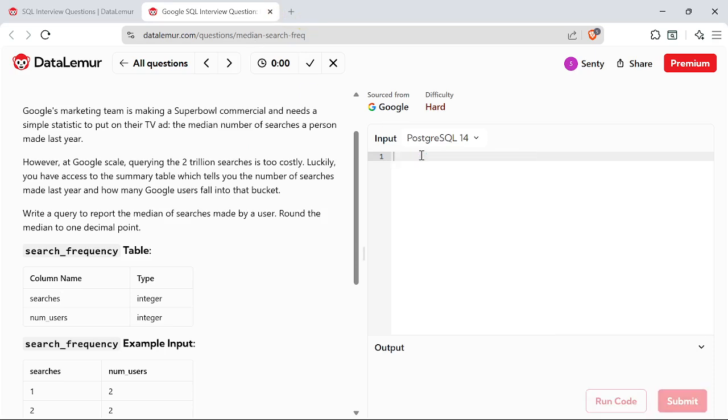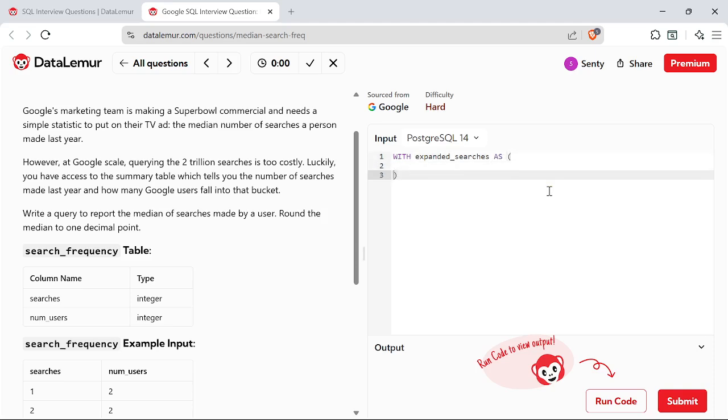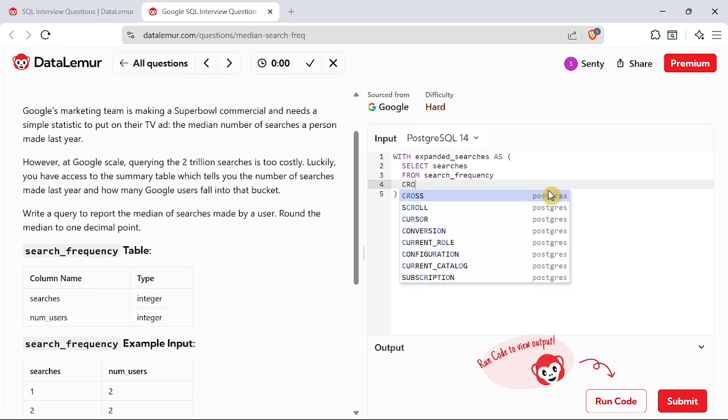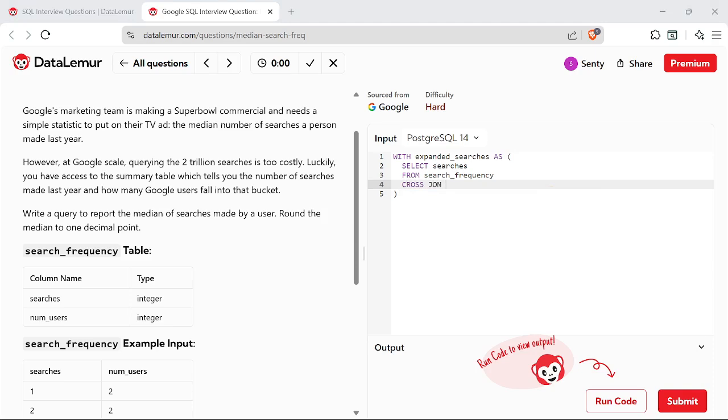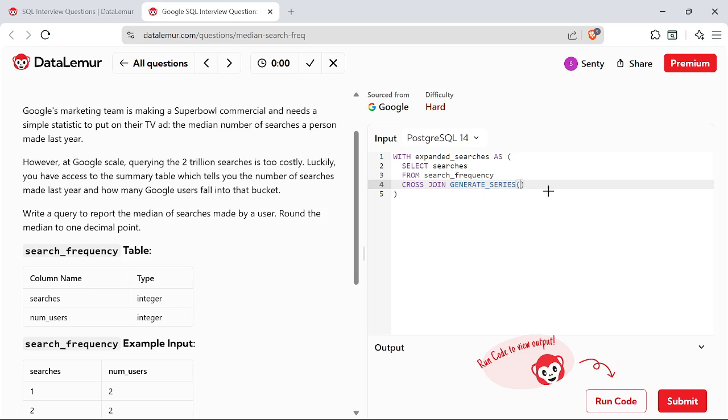So we write with expanded searches as, select searches from search frequency, cross join generate series from 1 to number of users,